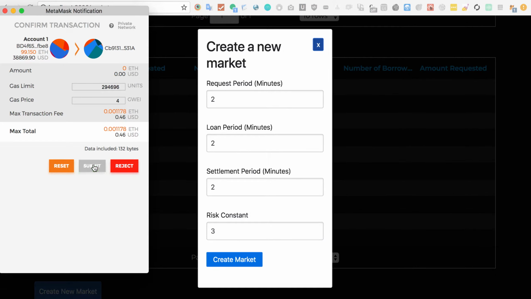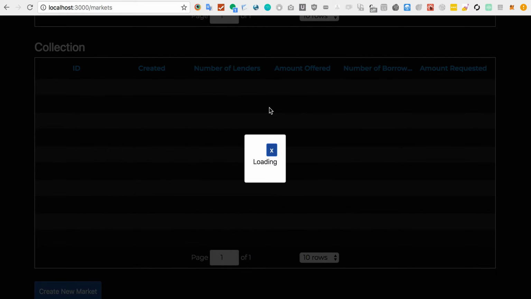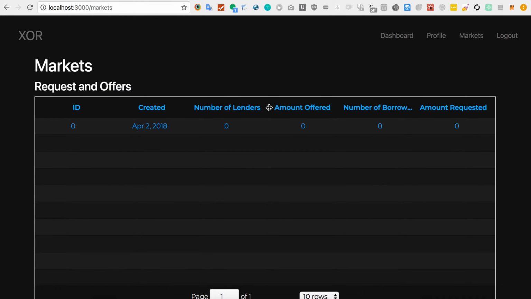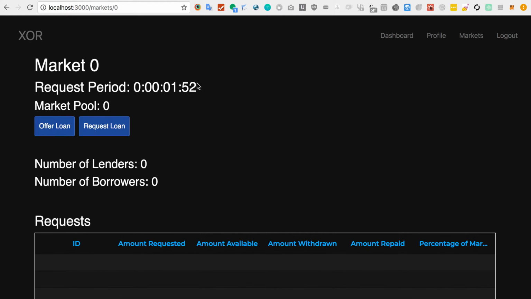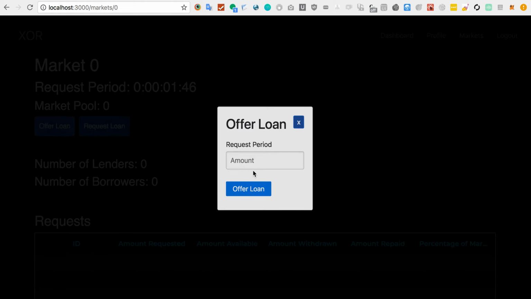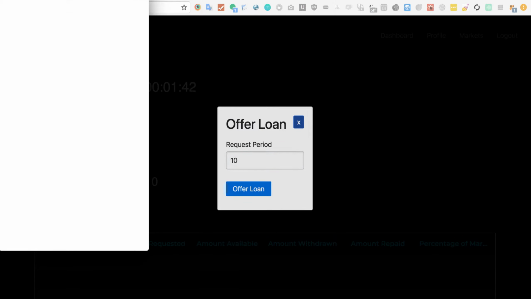Great, so MetaMask pops up. We go ahead and create the market. It's loading for a second here, and we'll see it just popped up. So you can see the request period will be lasting for 1 minute and 50 seconds. So I'm going to go ahead and offer a loan, and this is all in Ethereum. So I'm going to be offering a loan for 10 ETH,